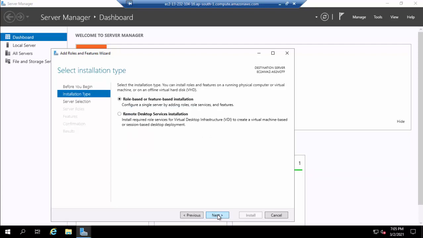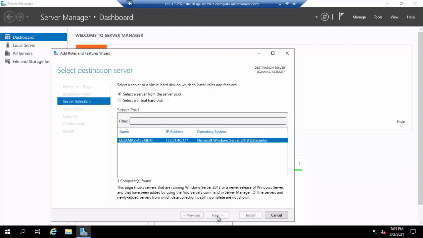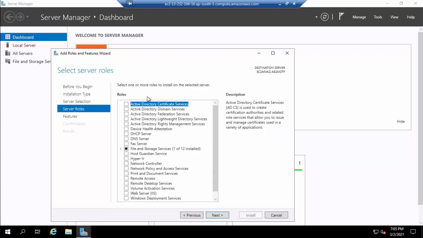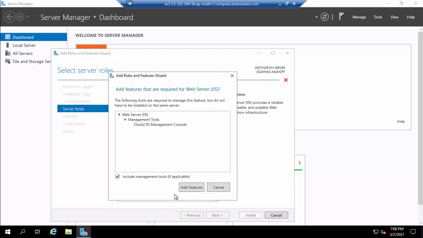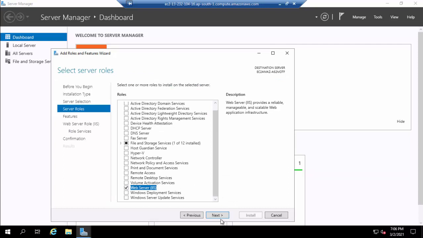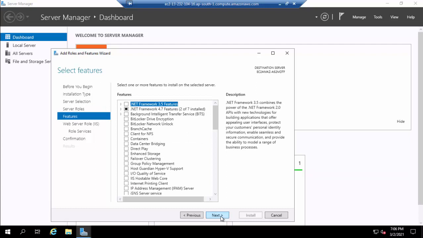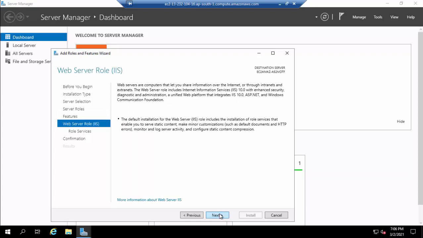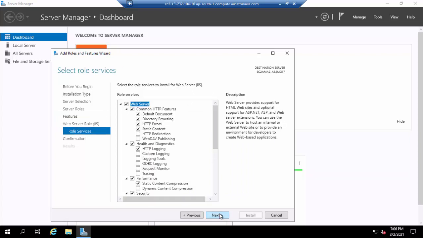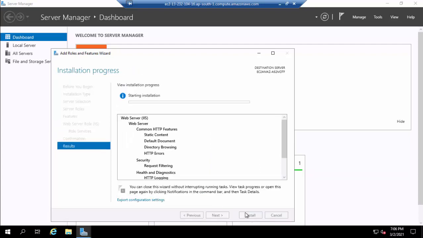Then role-based or feature-based installation, and click on next. Again click on next, select server, then click on add features, then click on next, again next, again click on next, again next, then click on install.